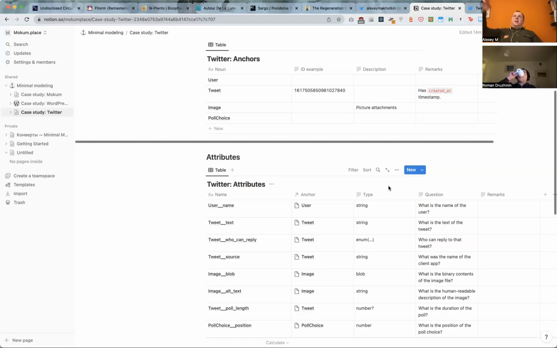But now you can refer to this catalog from this text. So you can immediately go and see where in the database this data is stored. Maybe not even in the database, maybe it's some kind of, I don't know, microservice, or